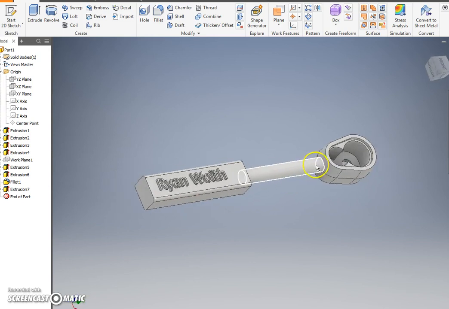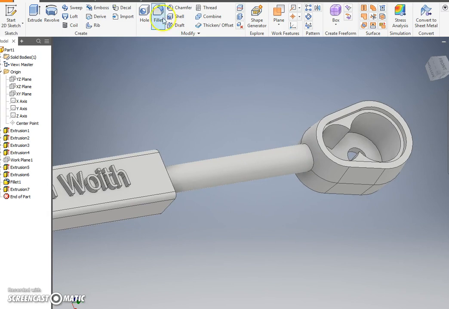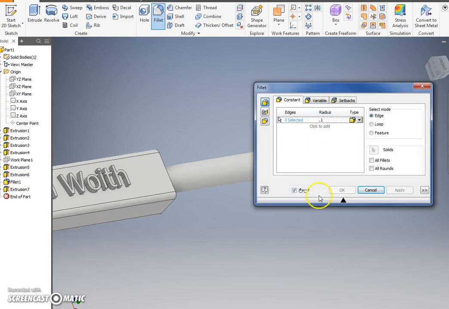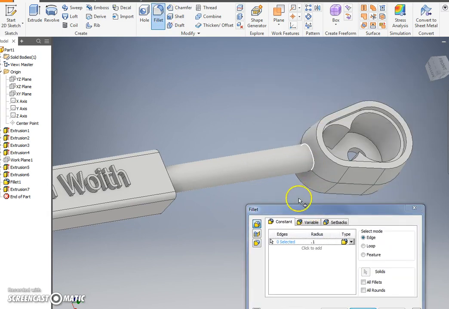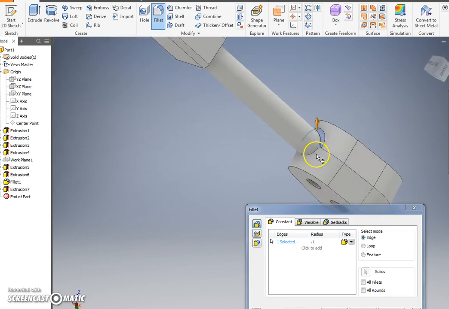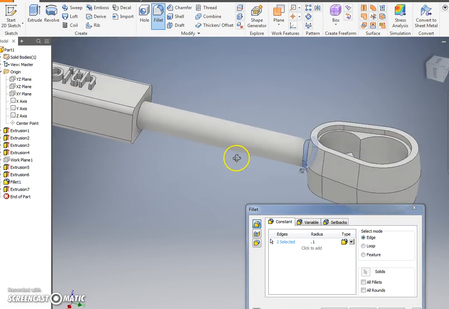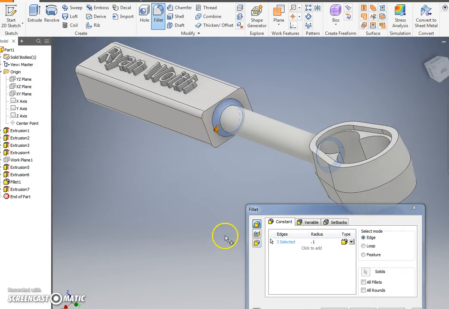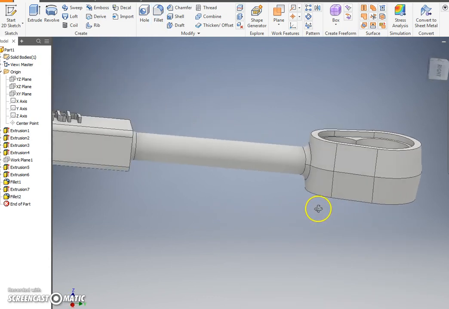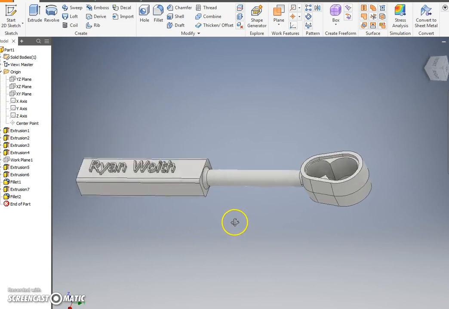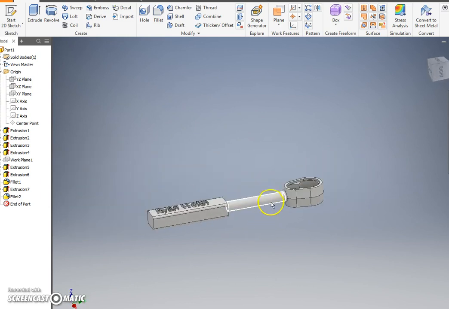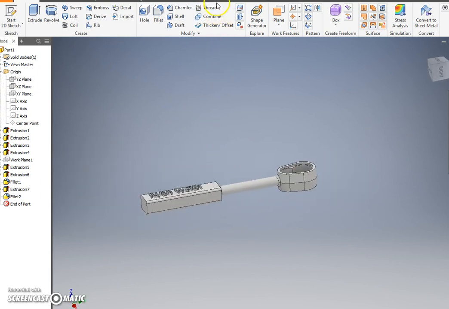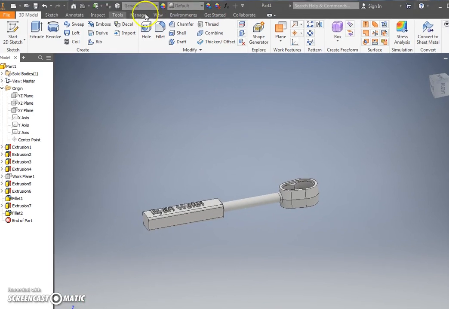Is there anything else I want to do to it? I'm going to do one more thing to this, actually. Let's do a quick fillet, because I think this thing would have a lot more strength if this part here was filleted. So I'm just going to keep that 0.1. It could be a little weld here or something, and that way it's a bit stronger on there. So I did alter it a little bit more, because I just like that look. Okay, we're finished. Please save this